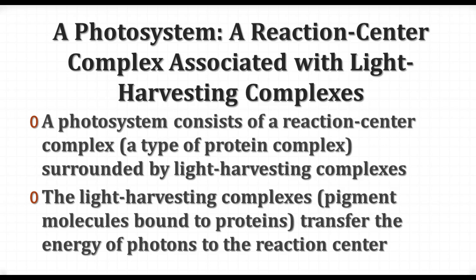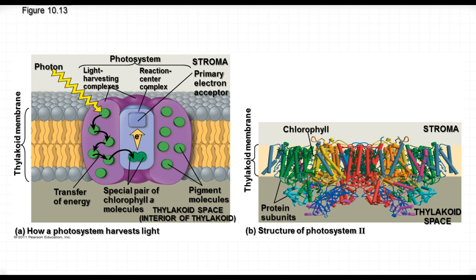In the light harvesting complex, of course, we have chlorophyll and other pigment molecules that are bound to proteins, and that's where the energy of the photons of light is going to be transferred to the reaction center that can then be used as a way to generate ATP. So here we have a diagram of a photosystem. Notice that we've got the light harvesting complexes surrounding the reaction center,